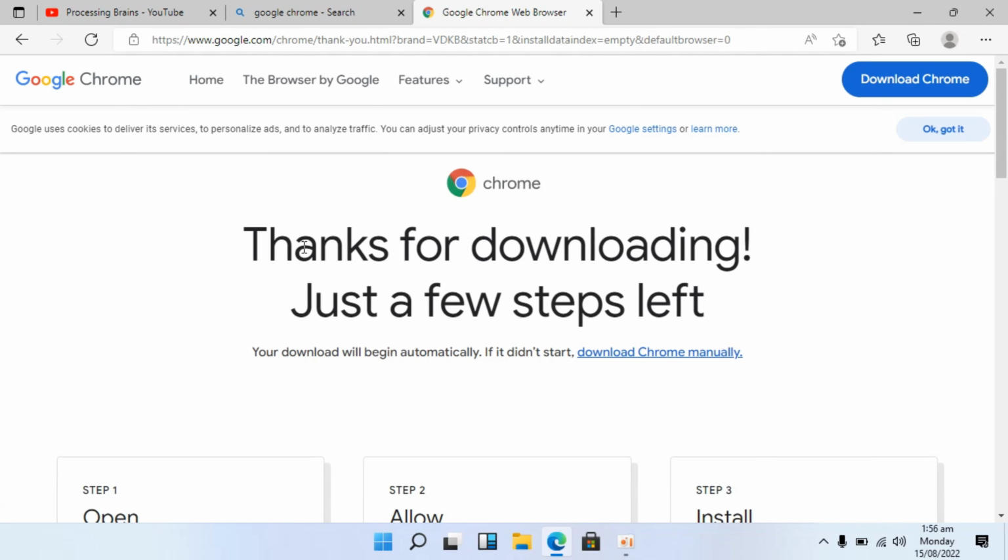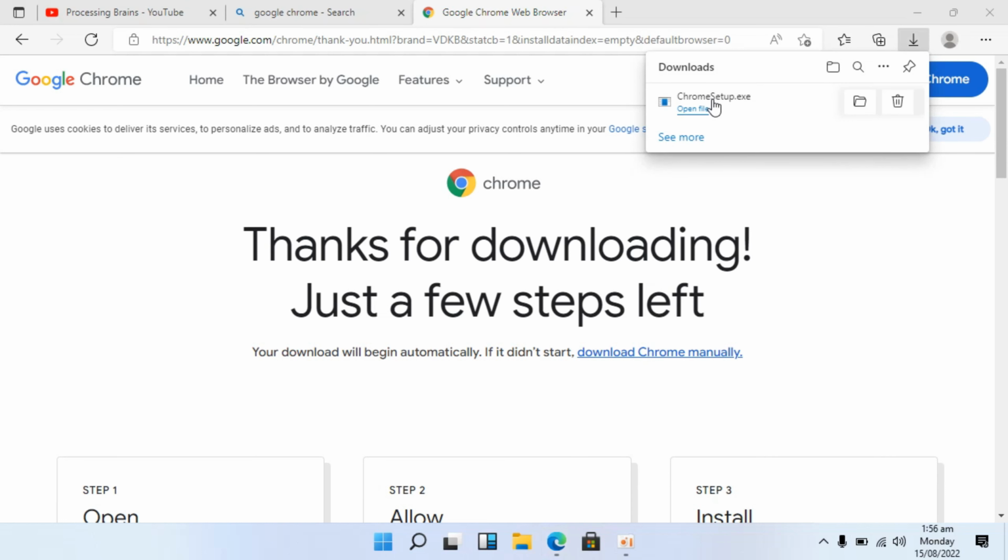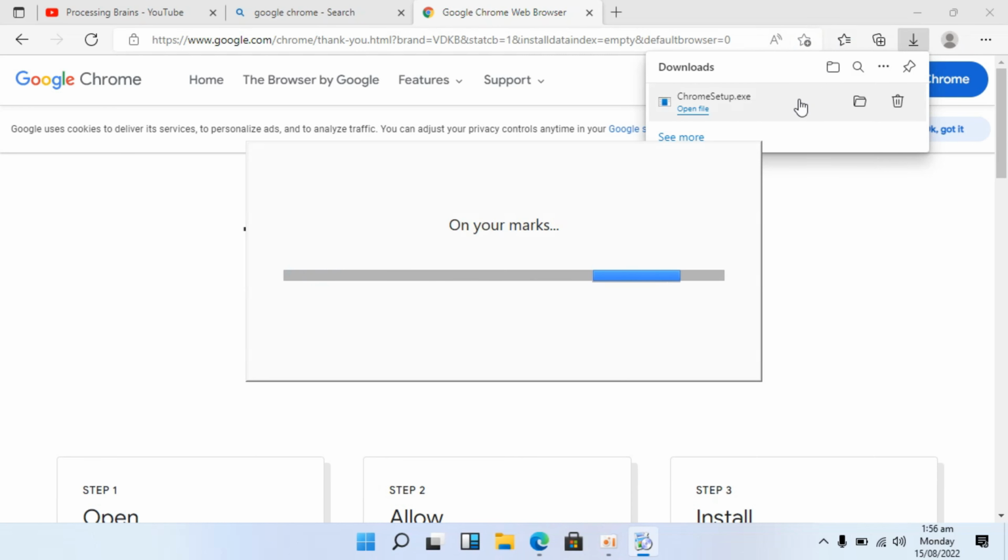and here you can see thanks for downloading, just a few steps away. In case the download doesn't start automatically, you can click on download Chrome manually and it would start downloading. Here you can see, we have Chrome setup. Just go and open this up. In case you do not open it from here, you can always go to the download folder and open